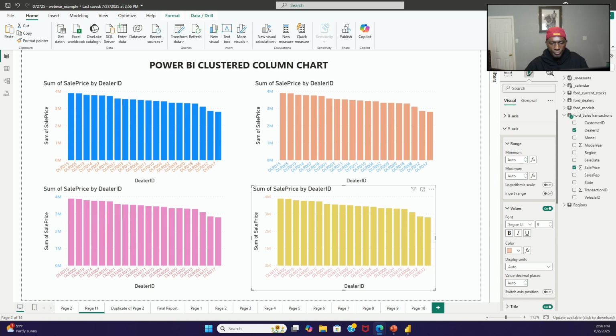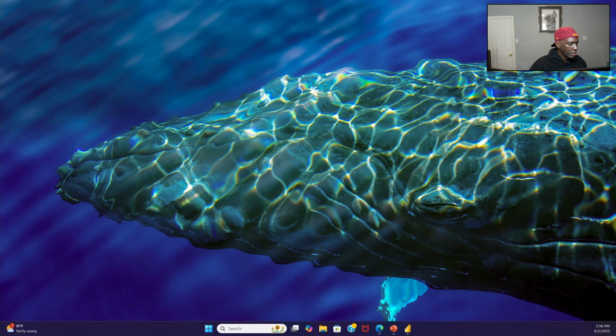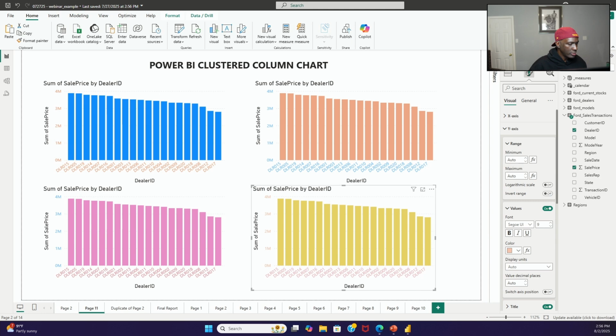But anyway, so that is how we create a clustered column chart. But before we get out of here, there's a couple other things that we could do, but I don't want to waste all your time just going over the clustered column chart, because I did tell you about an application I created, an artificial intelligence application, which will allow you,